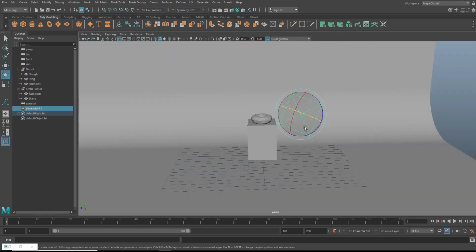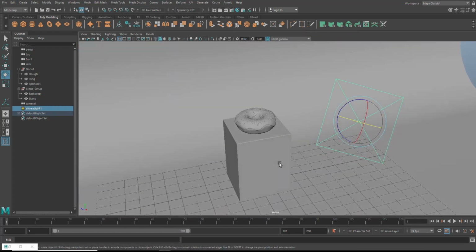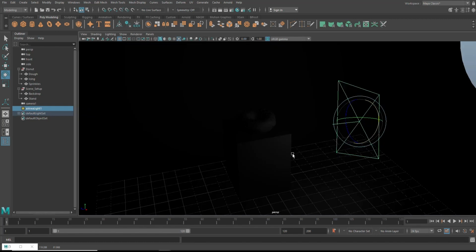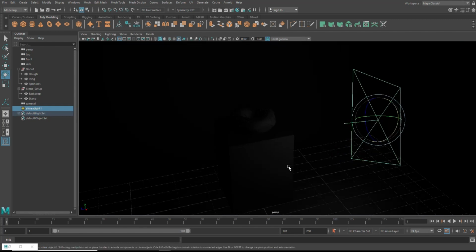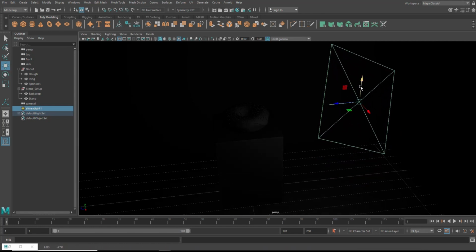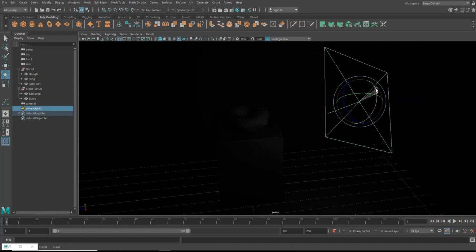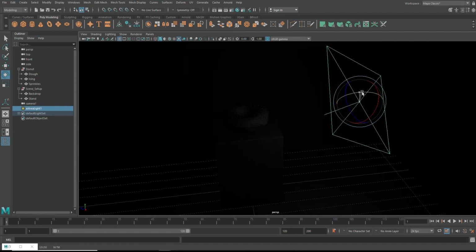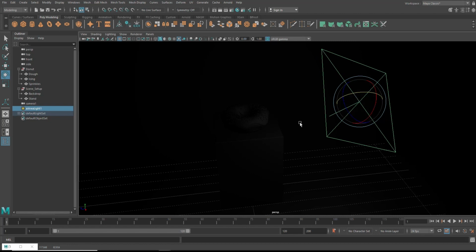And the best way to see that is to look at, I went the wrong way, to look at this view right here. And if you want to see it even better, you're going to hit 7 on your keyboard. Now, hitting 7 activates your light, right? Now you can actually see the light on our object. So let's hit W, pull this up a little bit, angle it a bit more by hitting E, and yeah, I think that's about right.